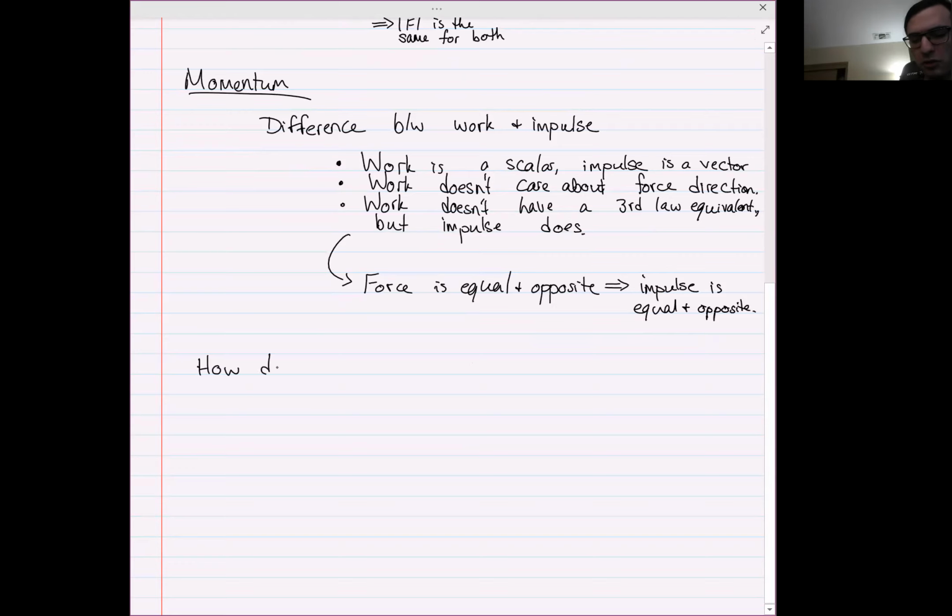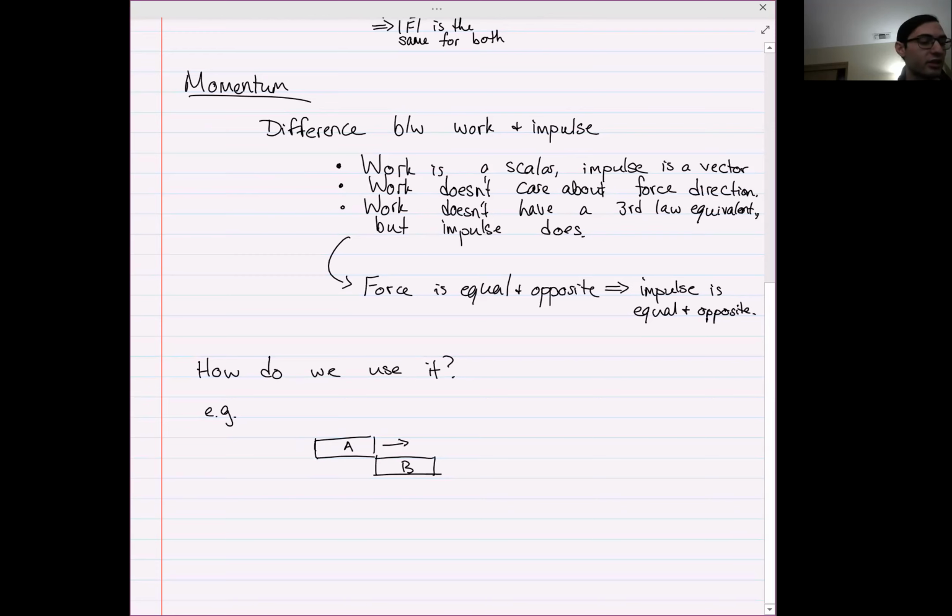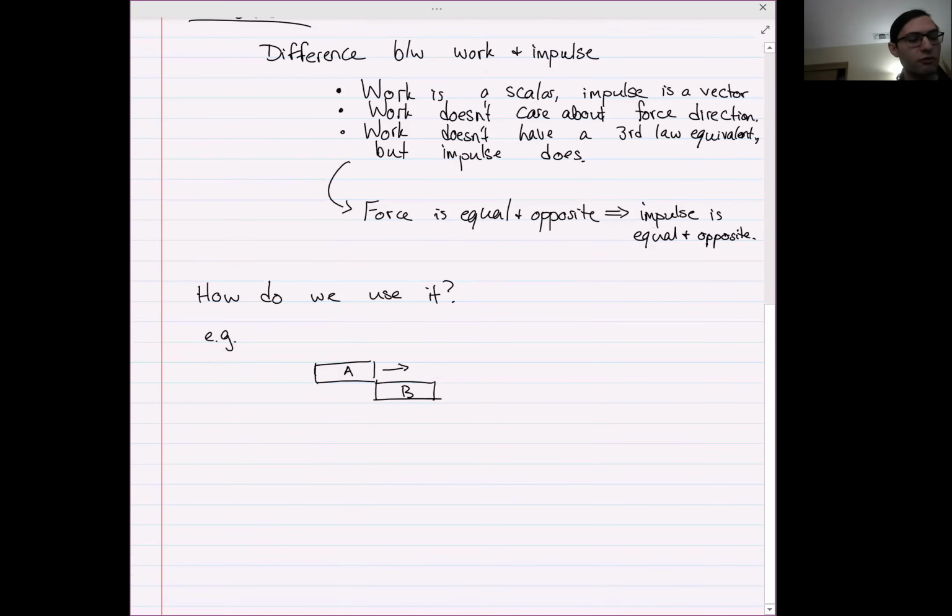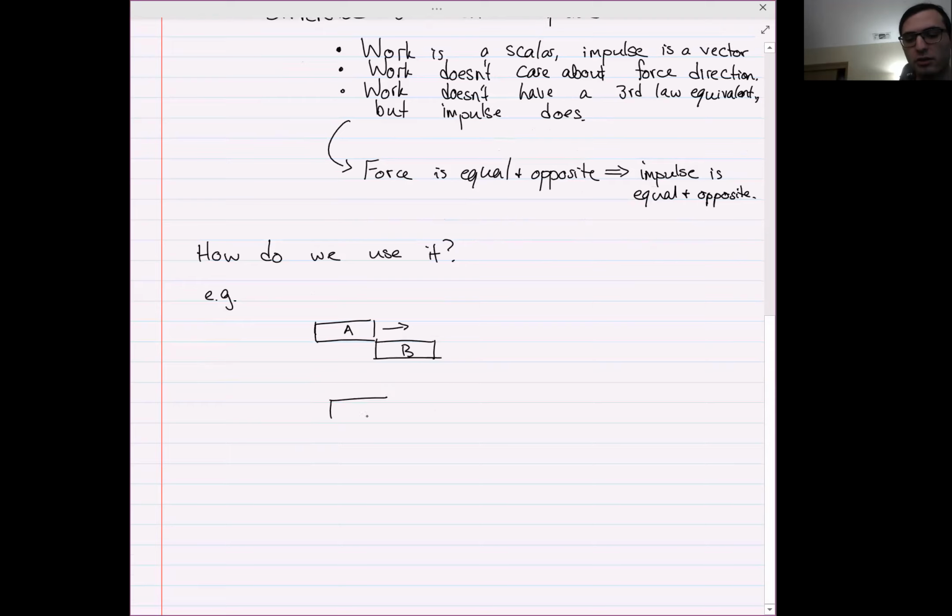So let's look at the example of the books sliding on top of each other. Remember that situation where we had the books with friction between them, sliding on a smooth surface. So we're going back to that example. Initially, book A is sliding to the right, and we can draw force diagrams for each of the two blocks. Block A is going to experience a frictional force to the left, right? And so the impulse delivered to A